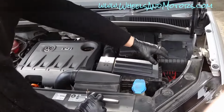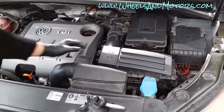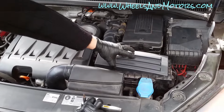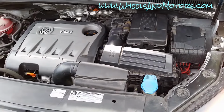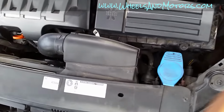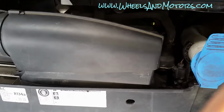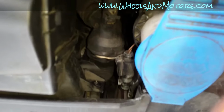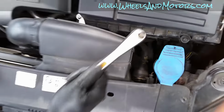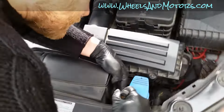To get to the battery, you need to remove the air filter box, or at least move it, and to get to that we need to remove this bit, the intake. So it's quite simple. There are two bolts just here. They can be done with a flathead screwdriver or a T25 Torx, like this. So what you do is